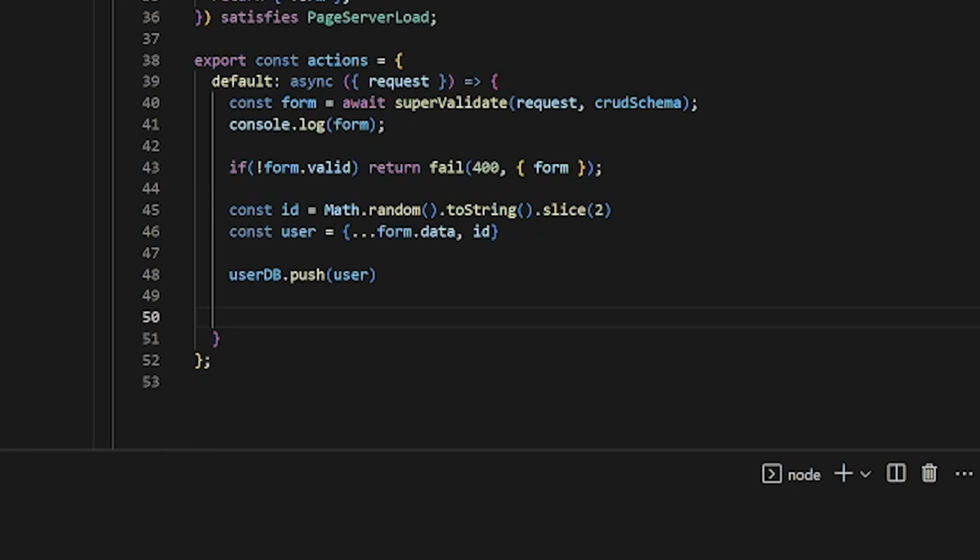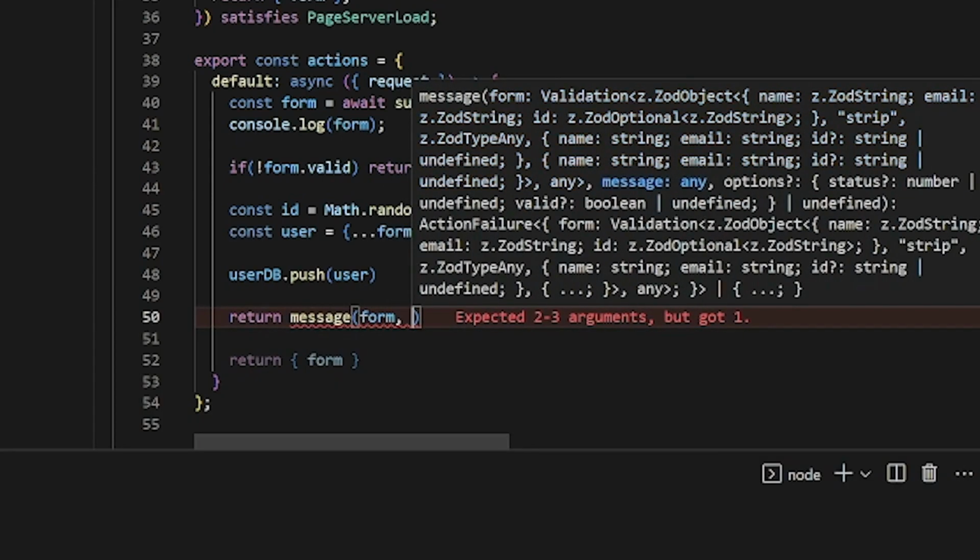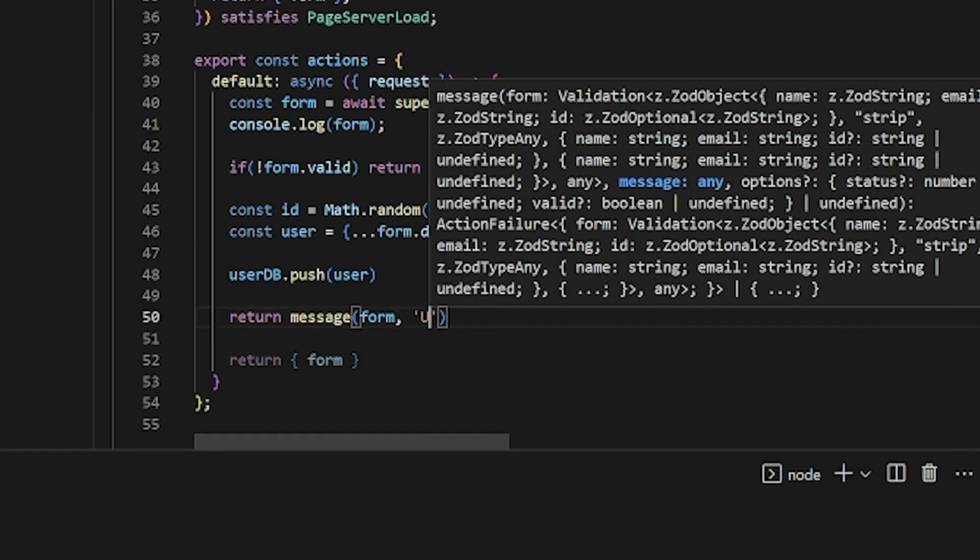At the end of the form action, since everything is okay here, we just return the form just as we did in the load function. And this works, but we want to give an indication to the user that we have created a new entity in the database. And to do that, we can use a helper function called message, which is part of the Superforms package. So instead of returning form, we can just return message. The form will be the first parameter, and afterwards we can just send anything we like here. So let's just put